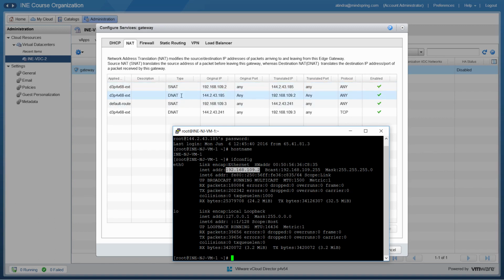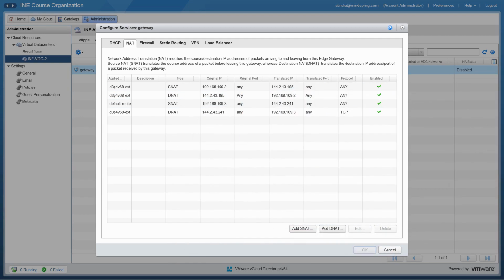And then you have the destination NAT, right? So if I have a packet coming in from the outside to a destination of 144.243.185, which is my public IP address, which is what's coming through from this PuTTY session, then I need to translate that to my private address, which is 192.168.109.2. So again, this is very straightforward. There's no command line here. It's all done graphically. We'll go into much more detail in the separate section on NAT,